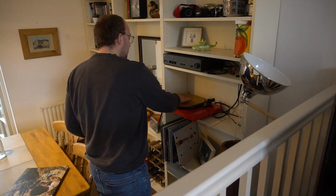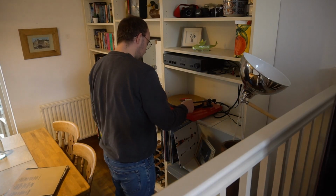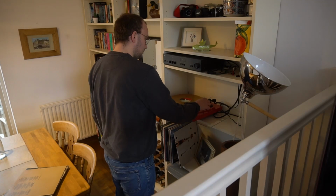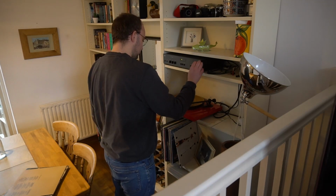I am not going to set my hi-fi setup in the car. I'm not going to move it from where it is in my dining room at the moment to my kitchen or my office when I want to listen to music in those different rooms. And also, I could, I guess, take some records or my entire hi-fi set to a party, but I don't really get invited to many parties anymore, so that's actually not a concern of mine these